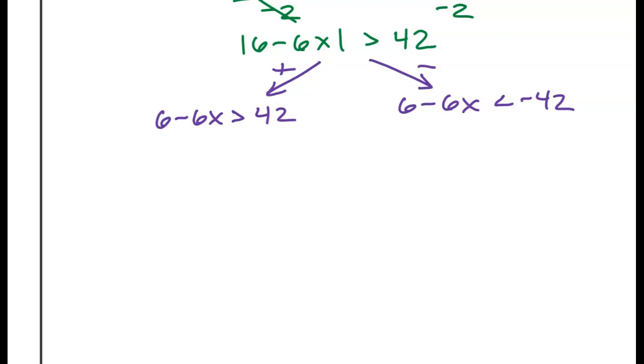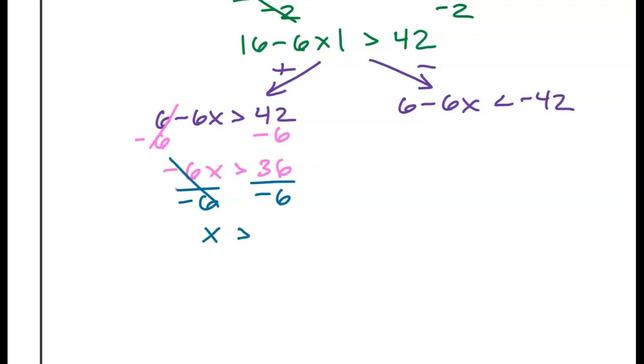First thing I'm going to do on the positive side of our equation is subtract 6 over. And I get negative 6x is greater than 42 minus 6 gives us 36. And I will divide by negative 6 to get the negative 6 off of the x, because right now they're being multiplied. An opposite operation tells us to divide. So I'm left with x is greater than, oh, now,